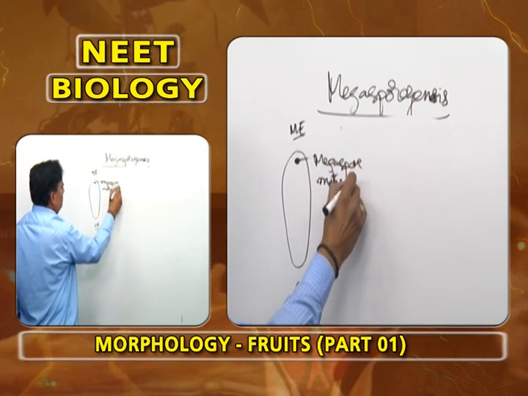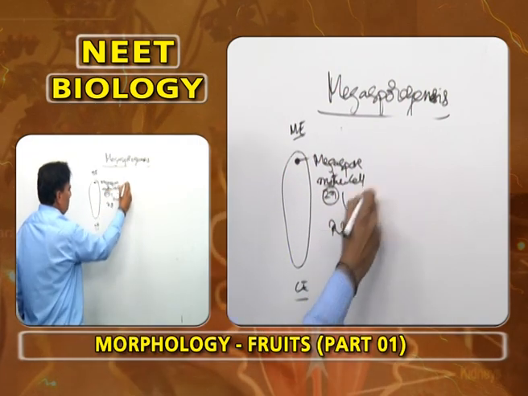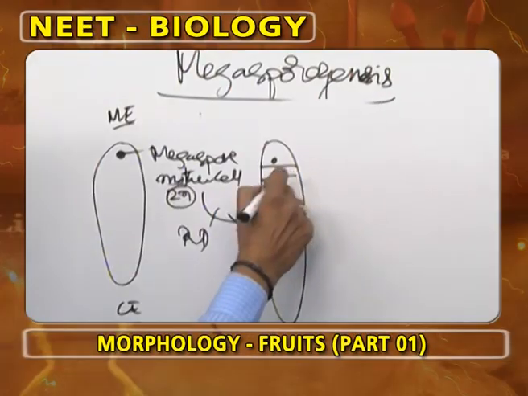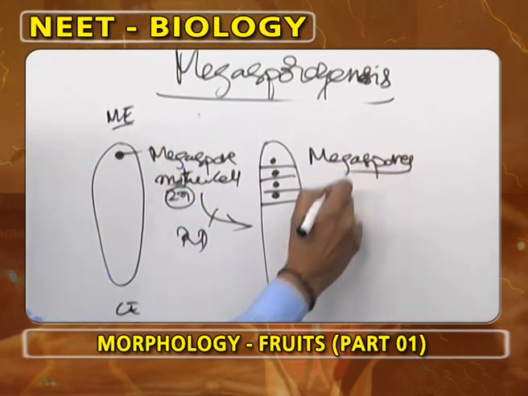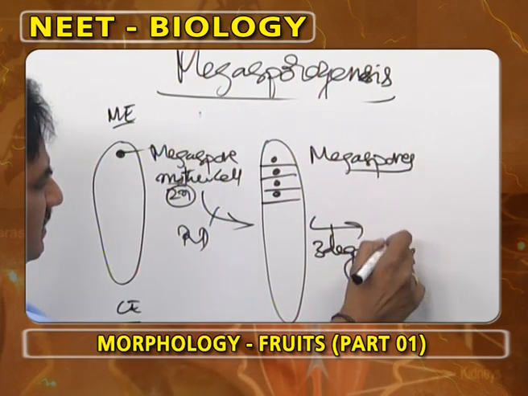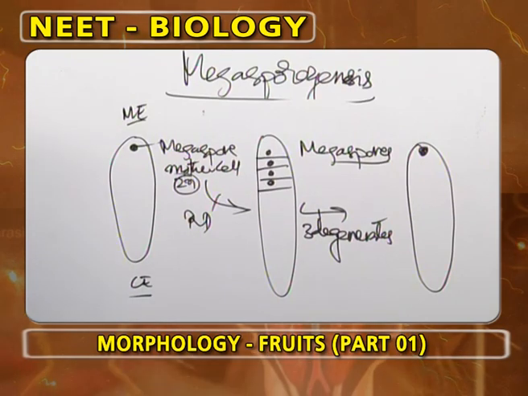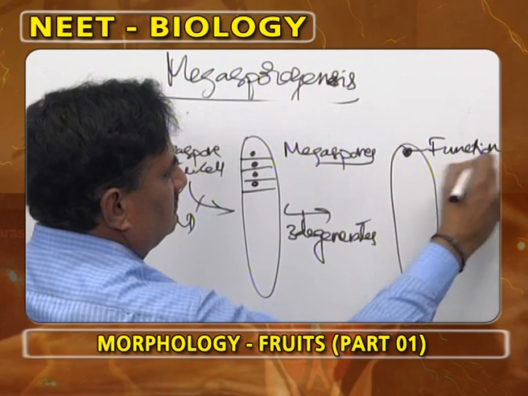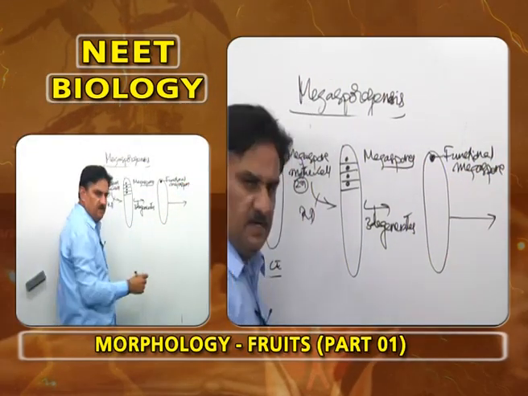This megaspore mother cell, diploid, undergoes reduction division and produces 4 haploid megaspores. Of these 4 megaspores, 3 degenerate, that means disintegrate. If 3 degenerate, only 1 remains functional towards the micropylar end. So, this is the functional megaspore. This functional megaspore undergoes, now this is important for MSET,